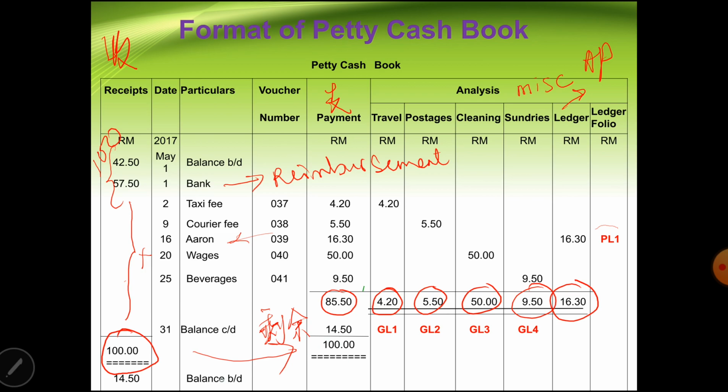And you bring down to next month, you continue using the money. And of course, you have to top up money again. Here you write bank, just like the beginning just now. You have to top up some money, make it 100, then you continue using the money in the month of June. 所以它是一个月一个月这样子来做的。OK, 清楚啊？